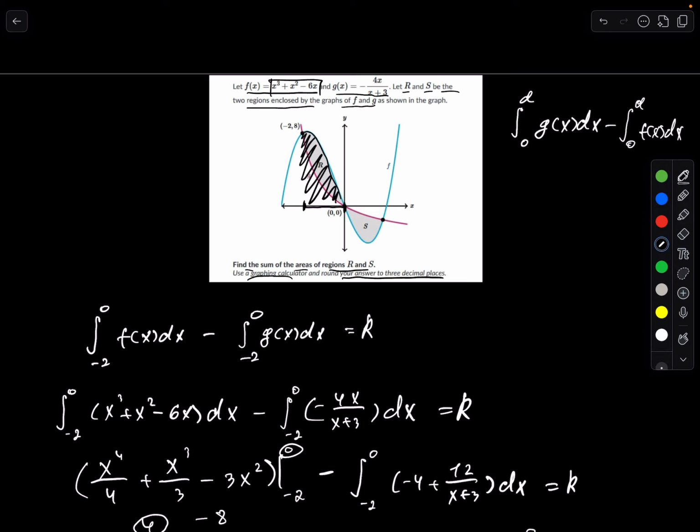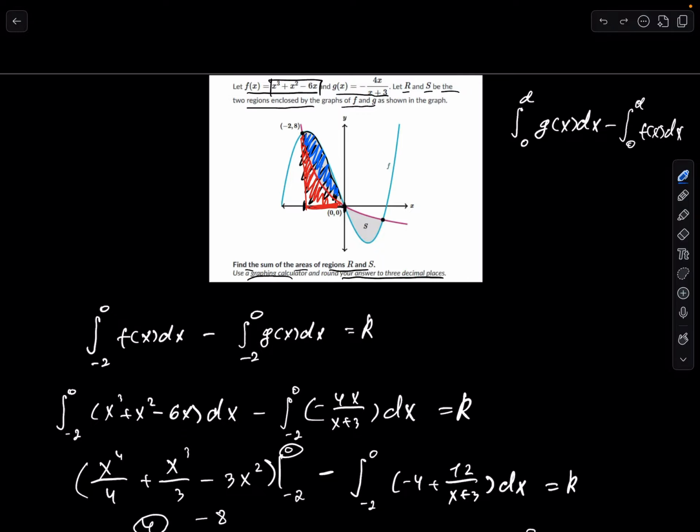And when you subtract the area between the second curve, which is g of x, and the x-axis, you get all of this. So the area that's left is exactly what we're solving for, which is the area between these two curves. The same logic applies here. So we get the area